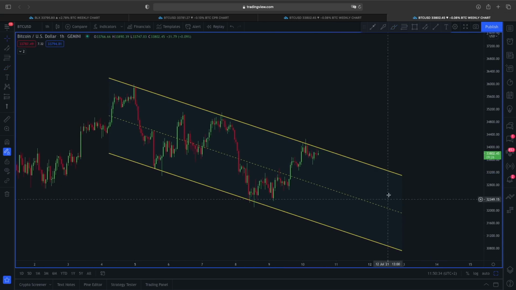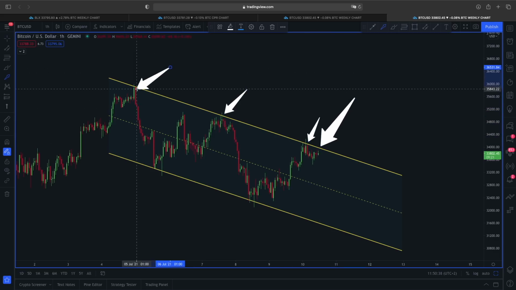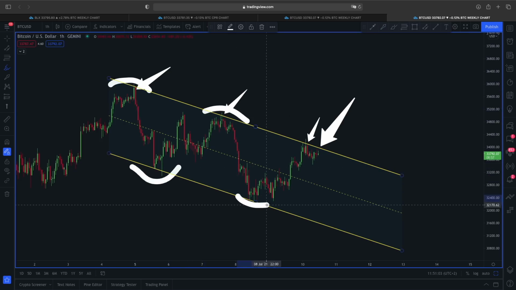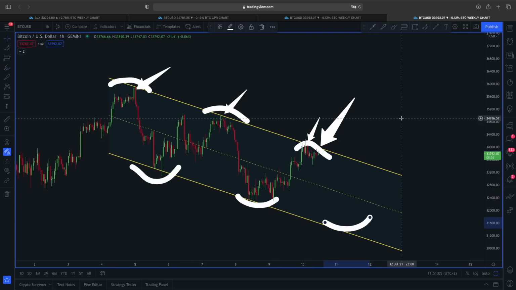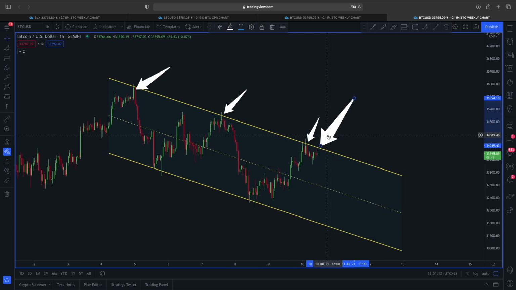Now with this descending channel, we can also see a clear resistance from this upper line area. So now we are very aware that if the price of Bitcoin manages to break out of this 34,500 resistance line, then we could be expecting some sort of an impulsive move to continue here for Bitcoin price action. But with any sort of rejection, we are also aware that this line here could still be forming this lower highs, lower lows continuation pattern. So we have to be very careful, because finding resistance from this upper line is also going to make this